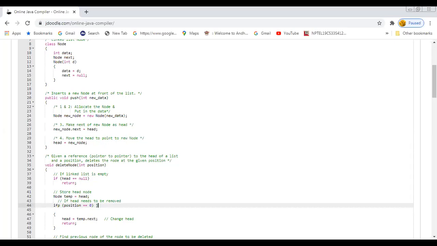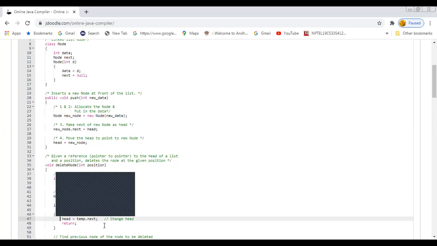That is the reason we need to move the head from the first position to the second position before deleting the first node. So for that reason, we wrote the code like head is equal to temp dot next. What is temp? Initially we have assigned a name to the starting node. Temp is the temporary name which we are assigning to the first node. So temp dot next always represents the second node.